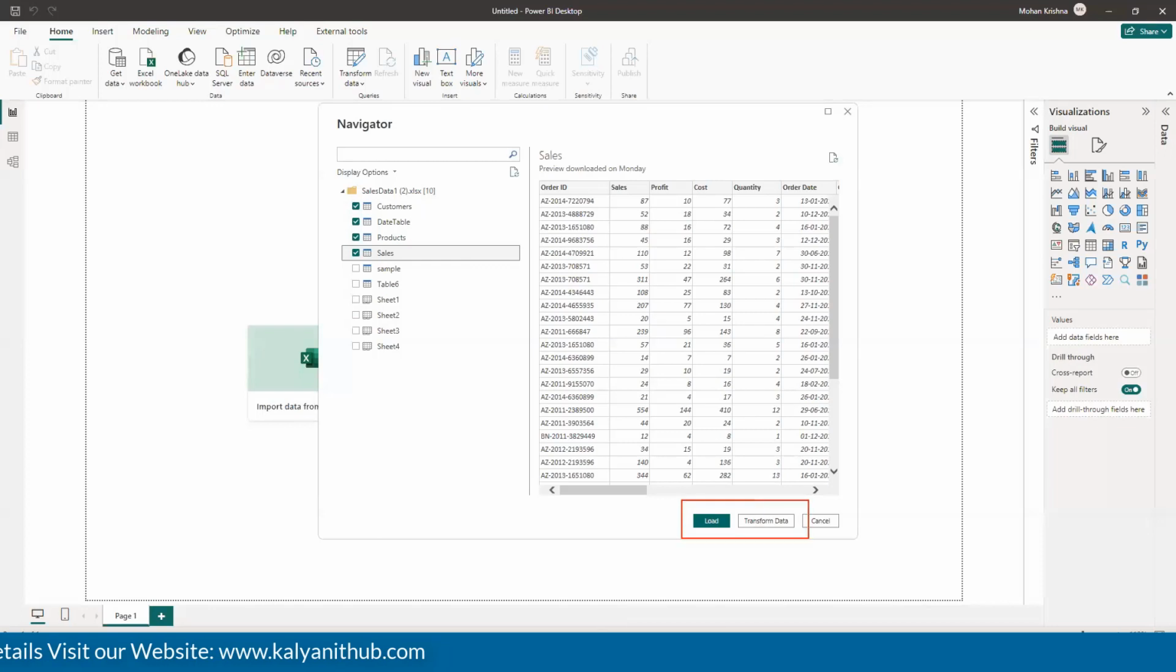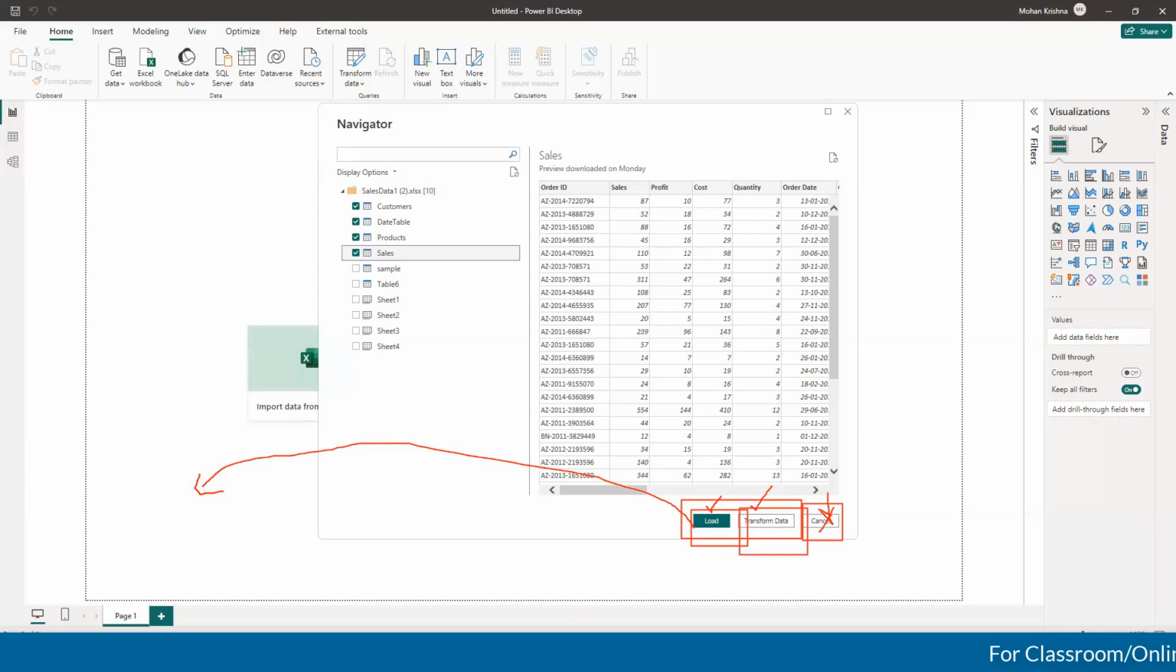And you can see here, there are 2 buttons, apart from the cancel. If you cancel it, all the interface will be cancelled. So I don't require this one, right? I don't want to cancel this. So other than this cancel, I have 2 buttons called load and transform, right? If I click on the load, this will automatically load the data into the Power BI desktop. But if I click on the transform, it will move to another tool